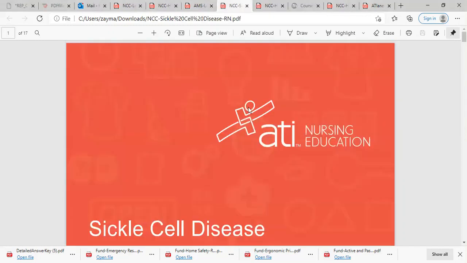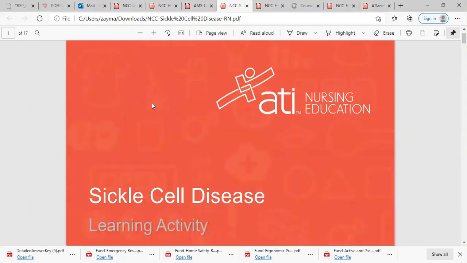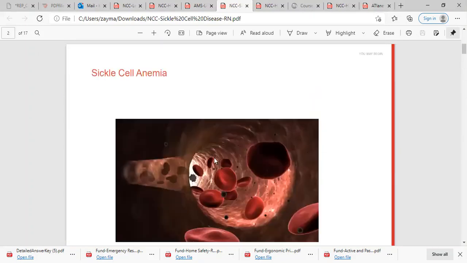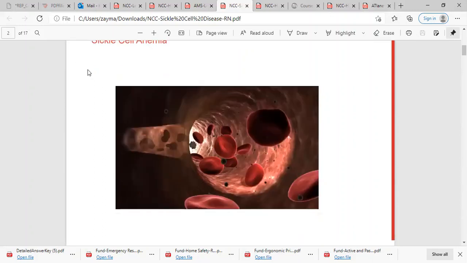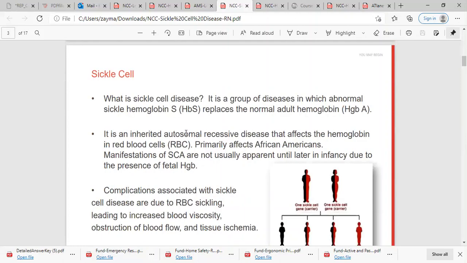All right, so sickle cell, let's talk about this one. Sickle cell anemia. Now, there is sickle cell disease and there is sickle cell trait. Sickle cell disease is a disease that causes this abnormal, irregularly shaped hemoglobin known as sickle hemoglobin to replace the normal adult hemoglobin. When this occurs, these odd-shaped red blood cells tend to